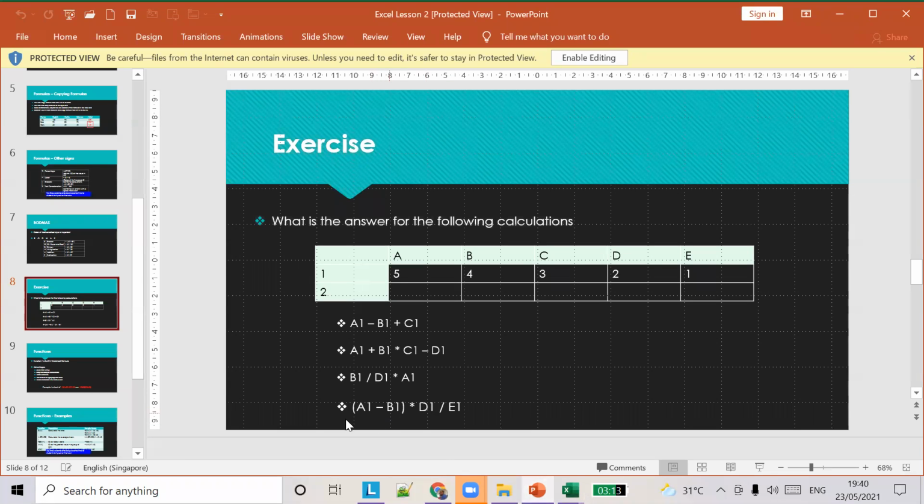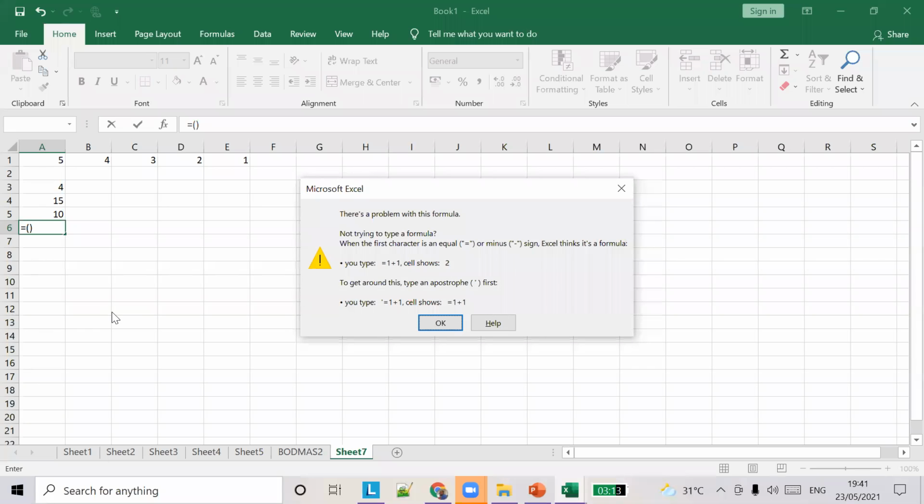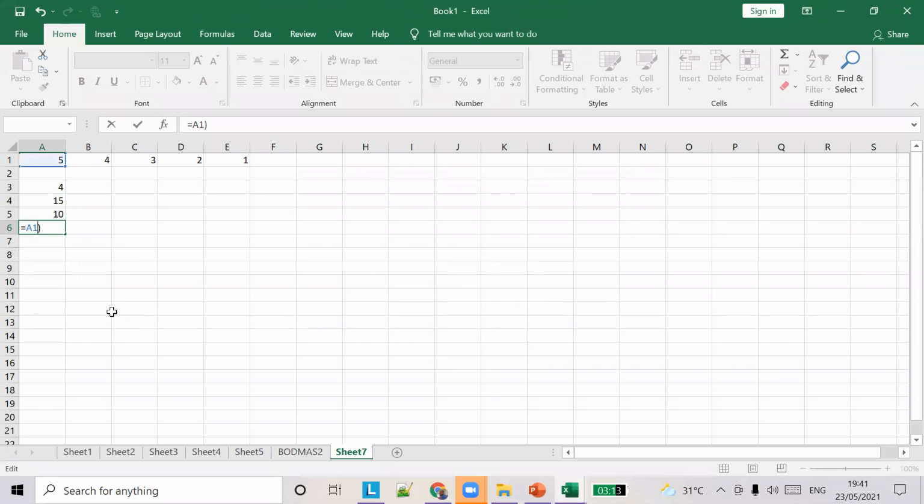Now let's see this one: A1 minus B1 into D1 slash E1. Can somebody tell me what is going to be calculated first?